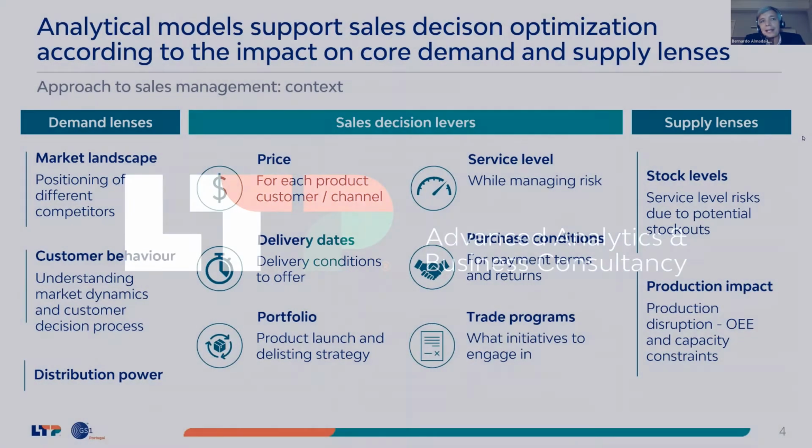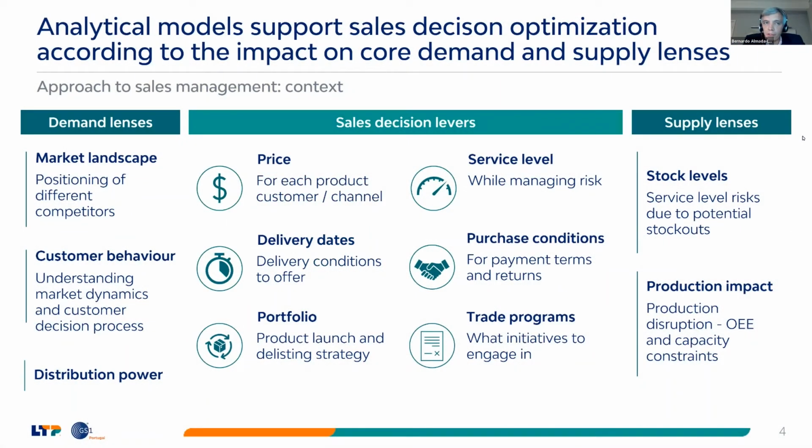When we look to this landscape and to the position of the different competitors, we should look at this with lenses from the demand side and from the supply side, in order to then model and develop analytical models to support sales management decisions. So in terms of the demand, we are talking about trying to model customer behavior, trying to understand the decision process of customer. What are the factors that actually interfere with this decision? And then trying to look from a supply point of view, what is the impact in terms of